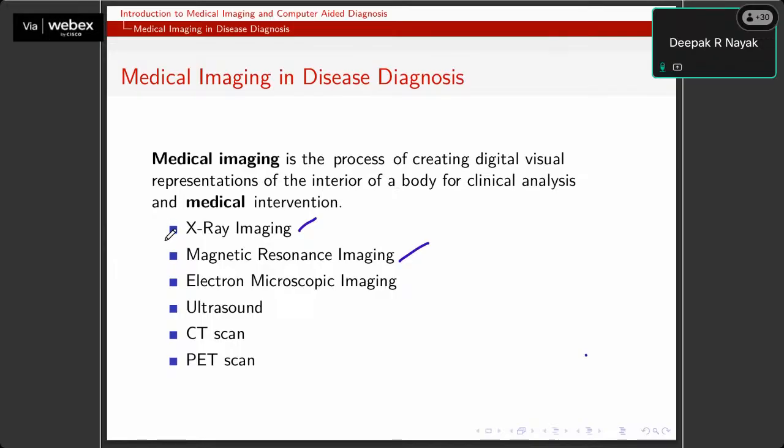So here is the list of medical imaging modalities which have been extensively used in hospitals, radiology centers, or research centers to diagnose certain diseases, right? Like X-ray, CT scan, ultrasound, PET, electron microscopic imaging, and magnetic resonance imaging, which is one of the most powerful medical imaging technologies. For most of these technologies, if you go through the literature, you will find that many of the inventors, like those who developed magnetic resonance imaging, have been awarded the Nobel Prize, because it is really very important for the society, even for the doctors as well.